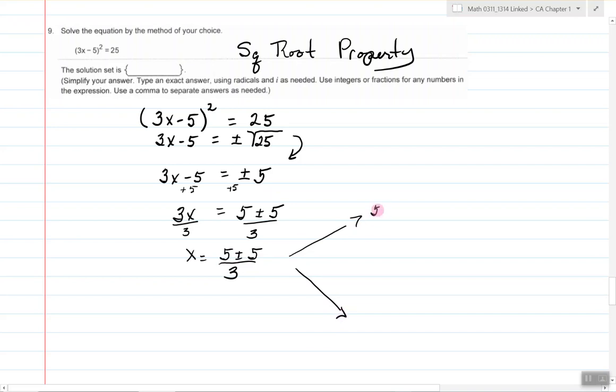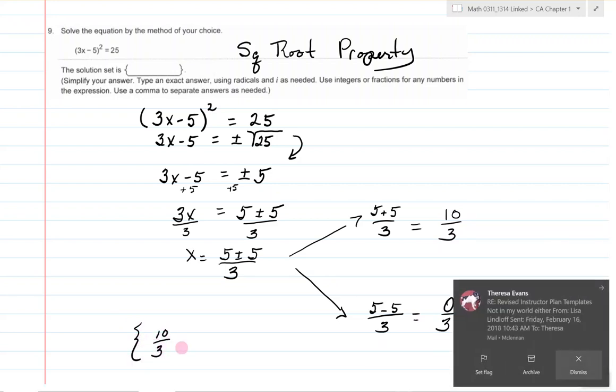I have 5 plus 5 over 3, and I have 5 minus 5 over 3. The top one gives me 10 over 3, and I can't simplify that. The bottom one gives me 0 over 3, which I need to write as 0. My two solutions are the fraction 10/3